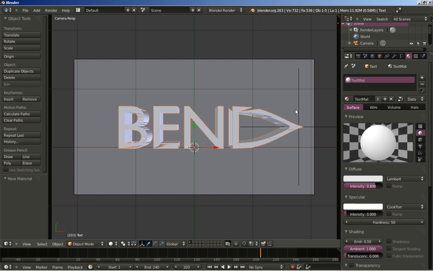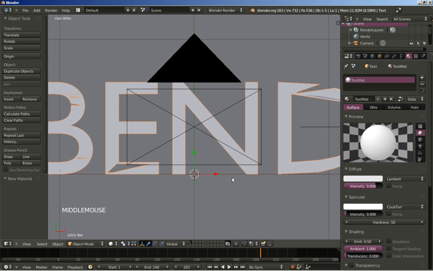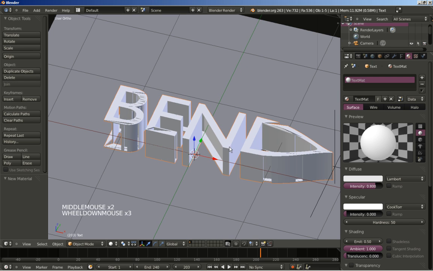And what I'm actually going to do is let the text illuminate the plane and generally our scene. Now we have set the emit value for the text material to 0.5,